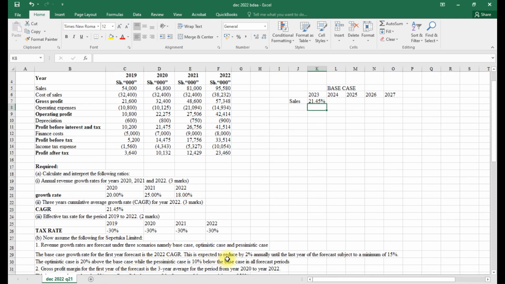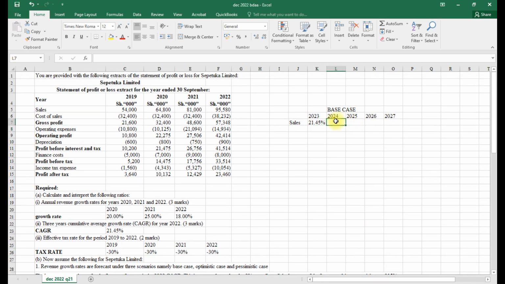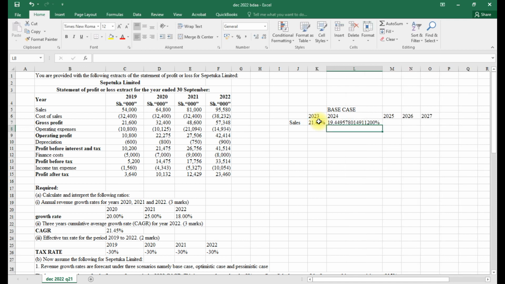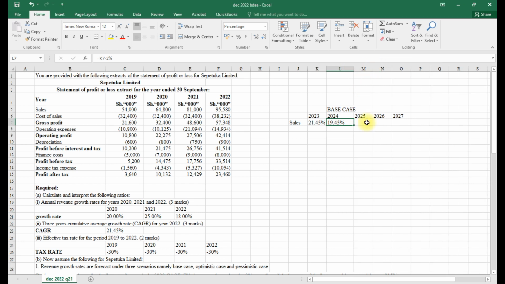It is expected to reduce by 2% annually until the last year forecast, subject to a minimum of 15%. So we reduce this by 2%. And we minus 2% that way, so I'll reduce this to decimal place that way, and I'll drag this